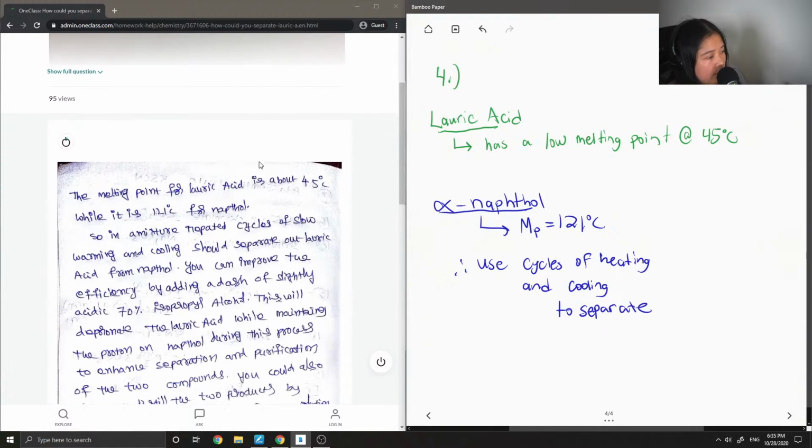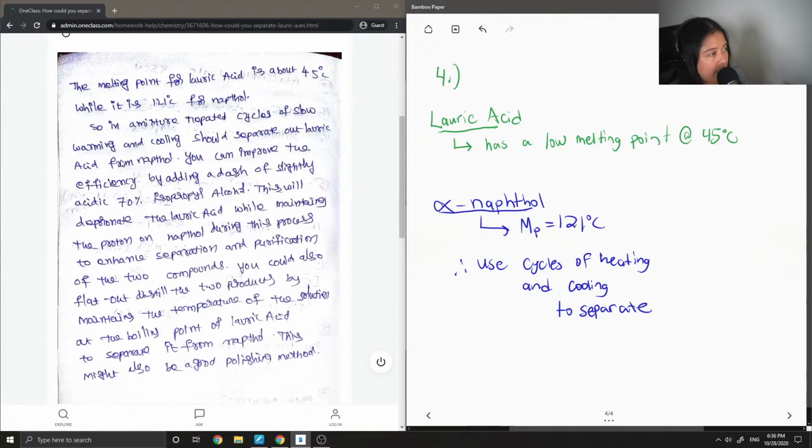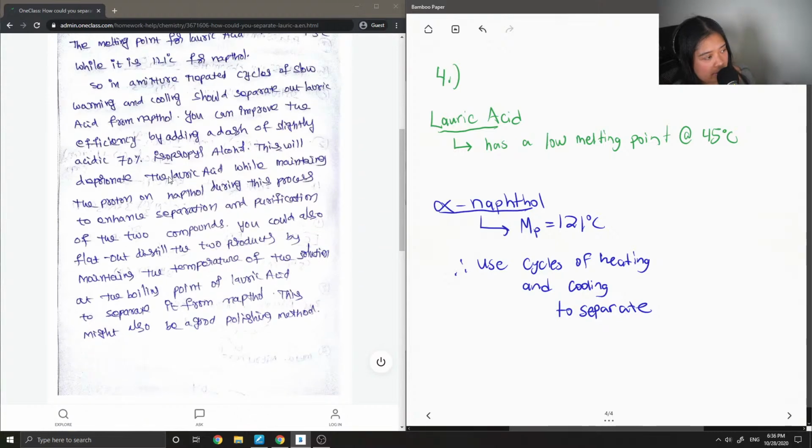Let's look at the answer from our junior tutor. The melting point for lauric acid is about 45 degrees, while it is 121 for naphthol. Yep, that's what I got. So in a mixture, repeated cycles of slow warming and cooling should separate the two. You can improve the efficiency by adding a dash of slightly acidic 70% isopropanol. This will deprotonate the lauric acid while maintaining the proton on naphthol during this process to enhance separation and purification